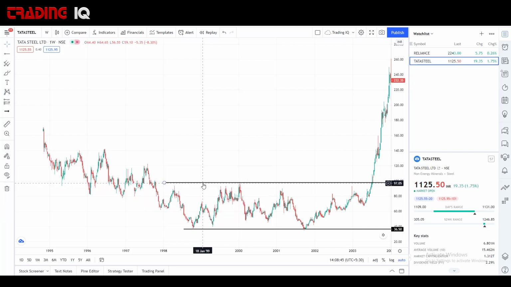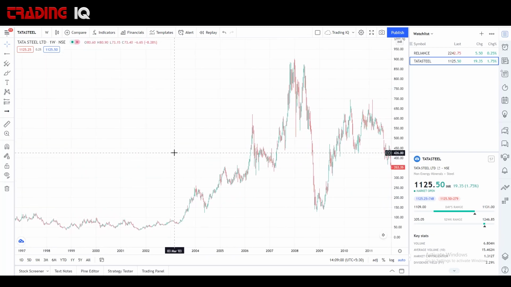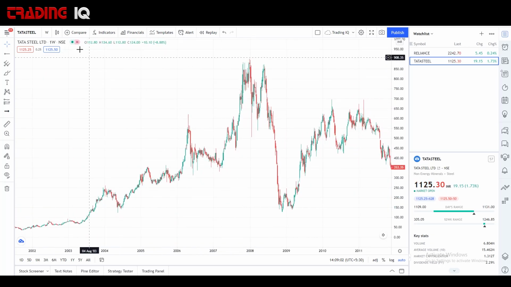People are willing to sell at any cost at this level, and people are willing to buy at any cost at this level. Right? This is very simple. You do not need to complicate things. As I've already mentioned, look at this chart as a mathematical problem. And also, you can do one thing.